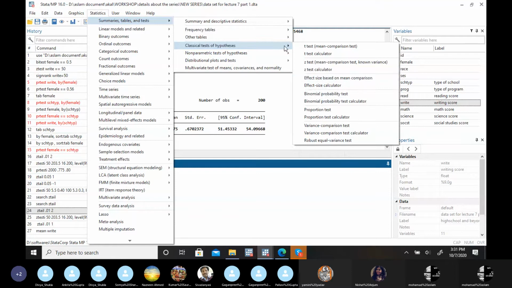Yes, sir. How do you know the mean is 60, or are you assuming it? In this case, I am assuming. Let's suppose I am in a particular school and I know the mean score of all the sections of that particular class or subject. In this one sample case, you definitely need a population parameter. If you don't have a population parameter, you don't have anything to compare, so there is no meaning in doing hypothesis testing, right?